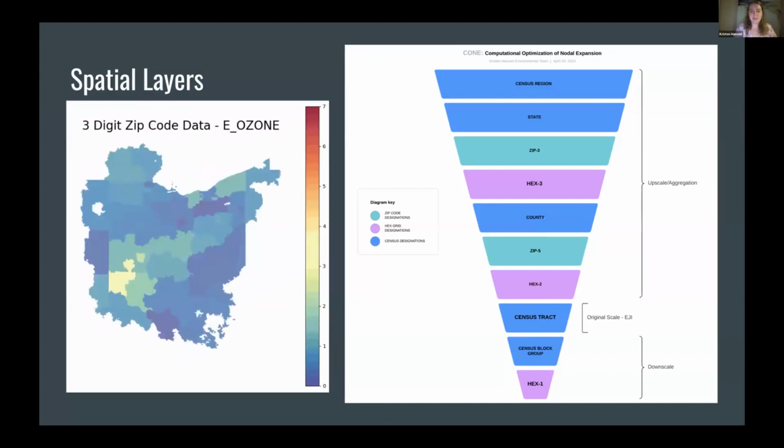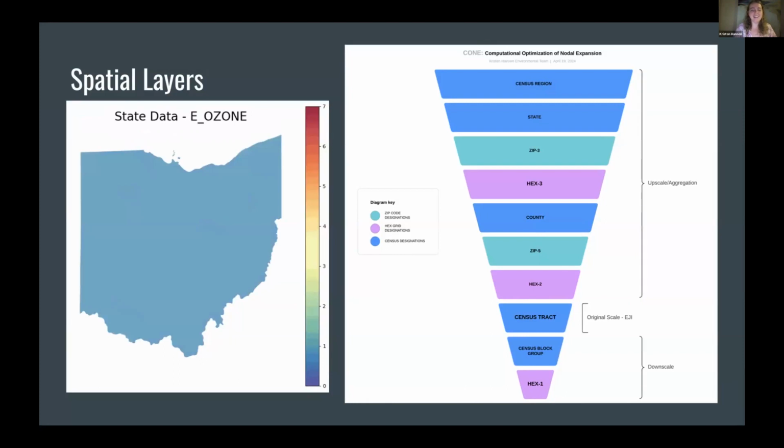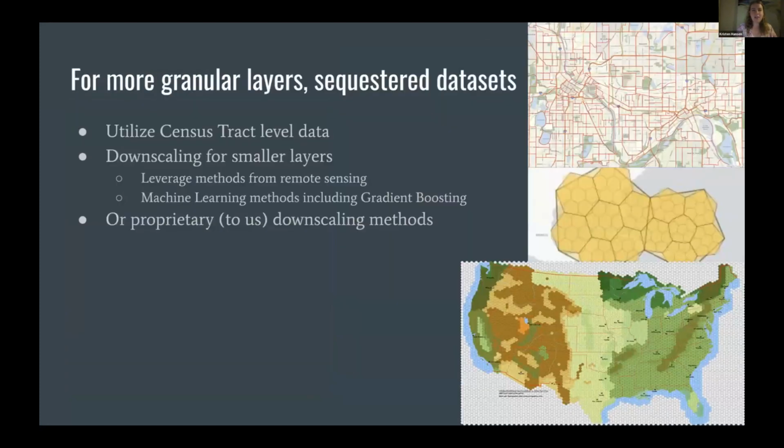because that's where my team lives, but I live on the West Coast. And then the sequestered data sets, I don't think we really need to go into detail, but after the base period, we are considering ways to do some downscaling so that we can have even smaller spatial designations that aren't necessarily identifiable, but have high resolution.